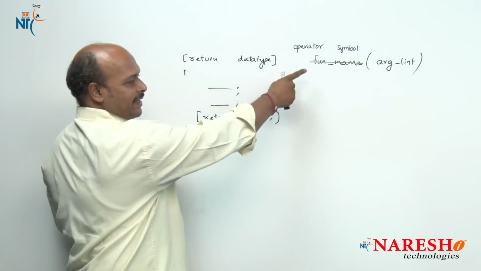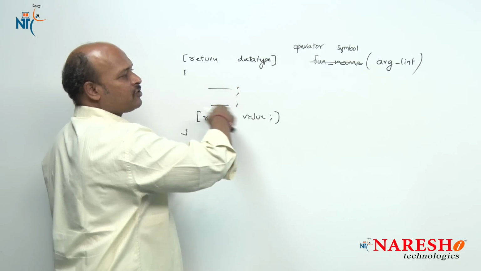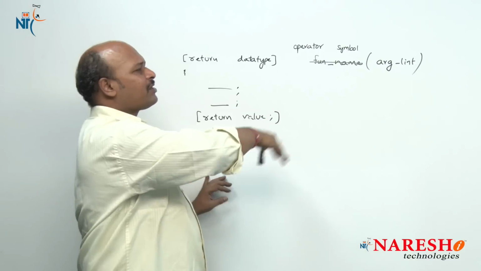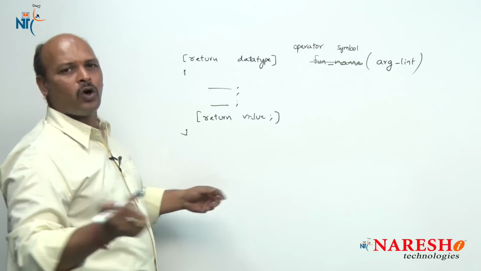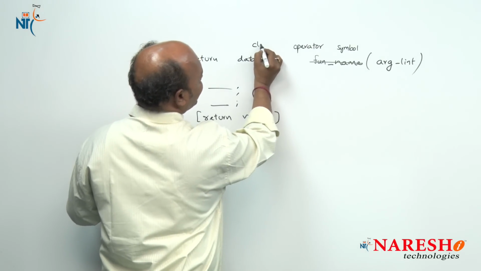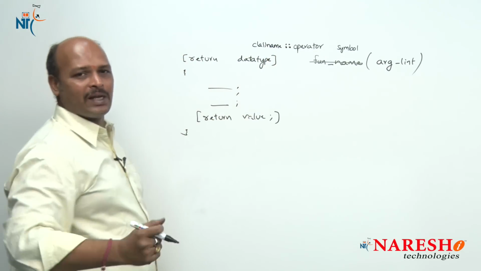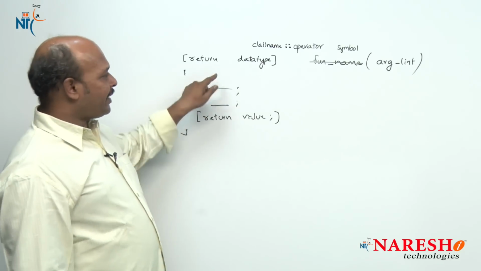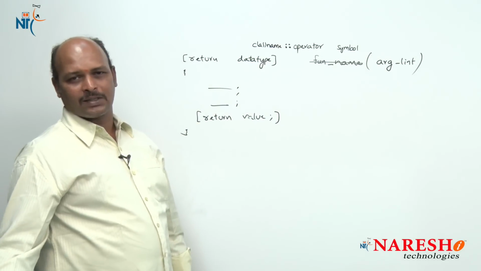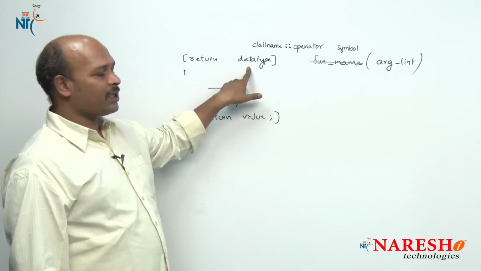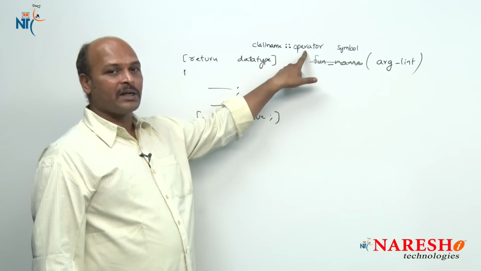Here is the function syntax or operator overloading syntax, and see this, I have never used the class name because it is the general syntax. Suppose you define the member function outside the class. Then first you enter the class name, later the scope operator, that's it. Whenever the function definition or operator overloading is done outside the class, first you use the return data type, later the class name, then the scope operator, next the operator keyword and symbol, same to same.